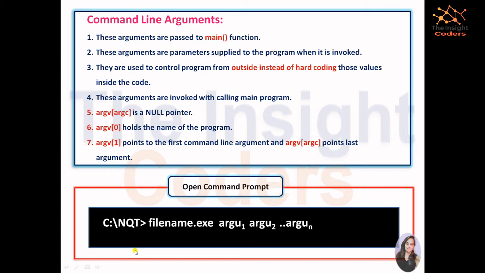Well, why do we use that? The main reason for using this is because whenever you go for any competitive exam like TCS NQT, in such programs they may ask you to pass input through the command line arguments. So you must know how to take input from the normal method like scanf, and the second one, that is using the command line arguments. So this is the reason why we are here with this video.